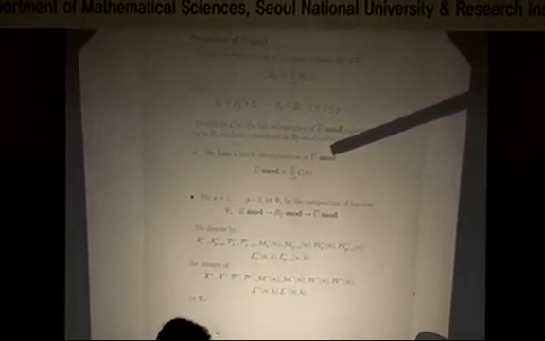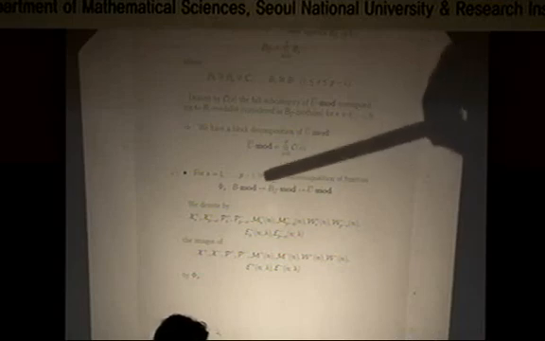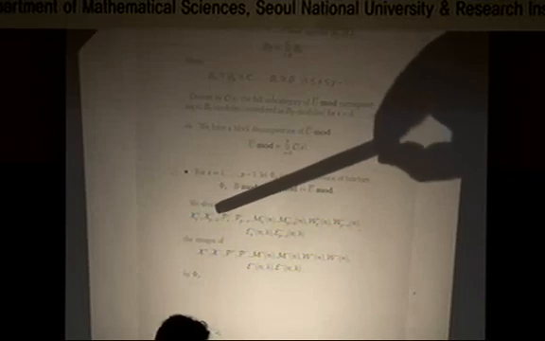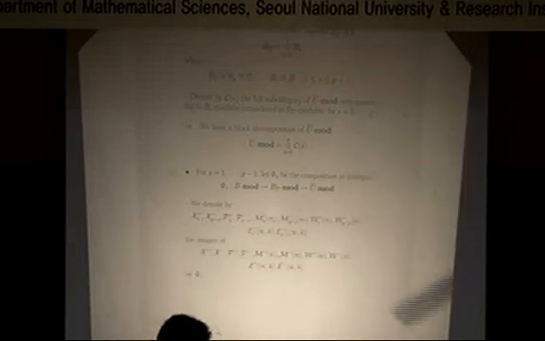Denote by CS the full subcategory of U bar mod corresponding to BS modules for S equal 0 to P. So we have a block decomposition of the restricted quantum group modules in this way. For S equal 1 to P minus 1, let phi S be the composition of the functors B mod to B sub U bar mod and U bar mod. We'll denote by XS plus, XP minus, X minus, and so on, the image of these modules